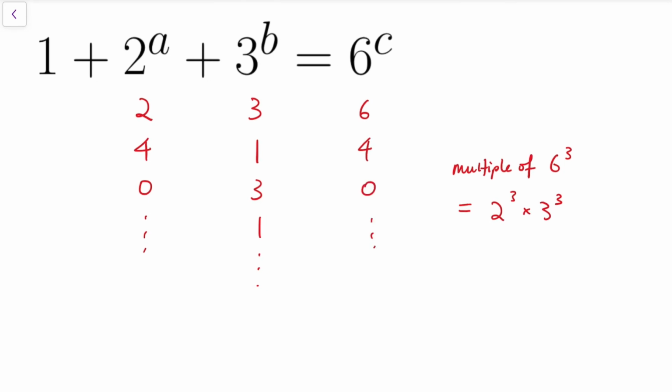So let's see what happens if the remainder at the right is 0. Then looking at the combinations at the left, the only possibility for that to happen would be taking 1, and then for powers of 2, it has to be 4, no other choice, and for powers of 3, it can only be 3, no other choice. So